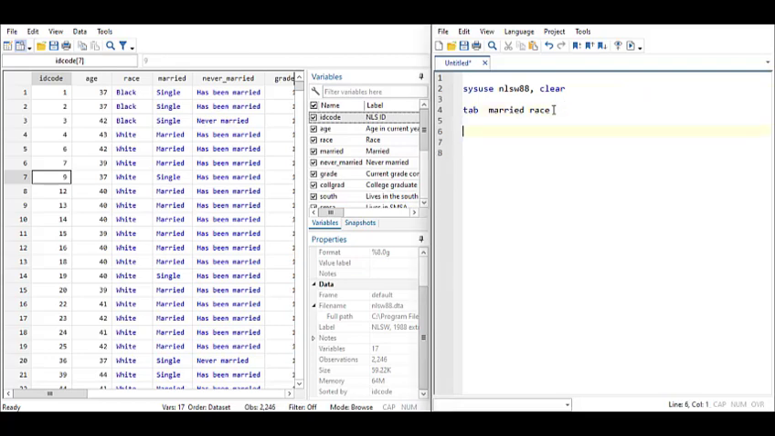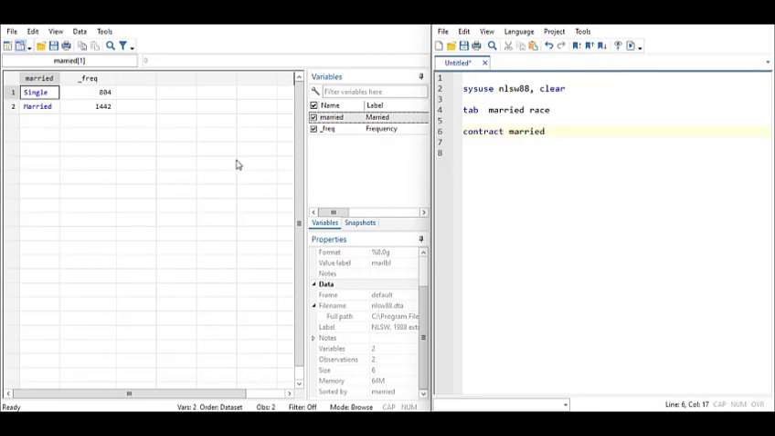So now let's look at contract. We're just going to take the same stuff. Let me take married for once. Contract married. The immediate thing you find out is that your data set has changed. Now the data set has 2 variables, 2 observations, and that's it. So contract changes the data set. What's interesting is that you can't go back to what you had before. So it alters the data set,